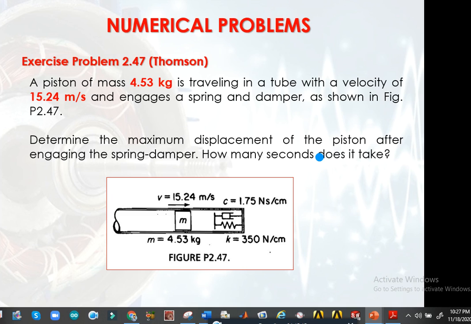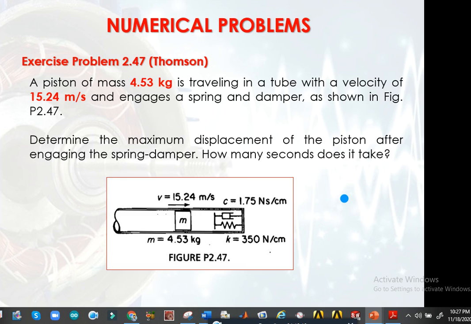How can we find out the zeta value? Zeta is the ratio of the damping coefficient, that is C given here, to the critical damping coefficient, that is Cc, equal to 2m omega n. What is m? m is the mass of the block, and omega n is the square root of stiffness over mass. Again, we have been given the stiffness and the mass. So we will find the value of zeta, and from zeta we will decide whether the system is underdamped, overdamped or critically damped. Now if zeta is less than 1, then we will say the system is underdamped.